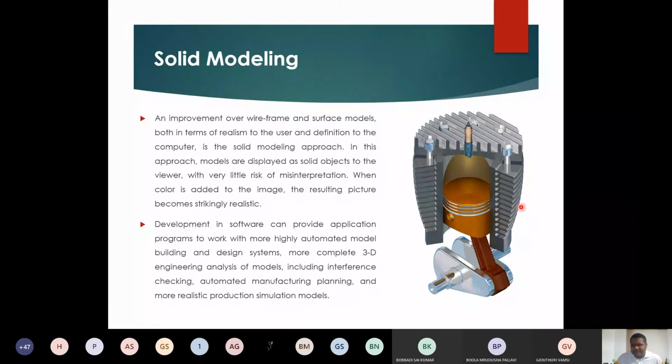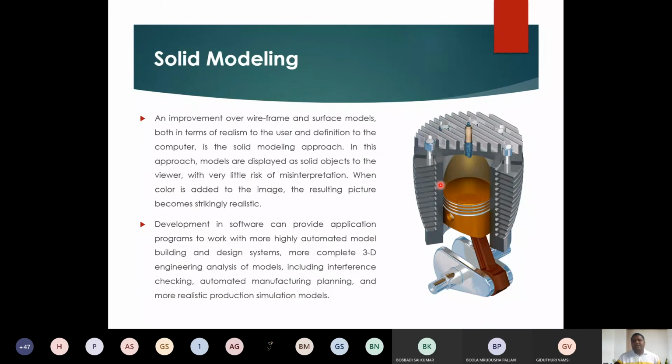I can see the cross section. Why? Because this is a solid model. The model is able to consider the internal portion also. I can apply a certain material to this, and I can ask the computer to calculate what would be the weight of this particular outer portion of the engine. I can apply many other mechanical properties, and I can ask the computer to do certain analysis. For all kinds of analysis, the 3D solid model is the key.